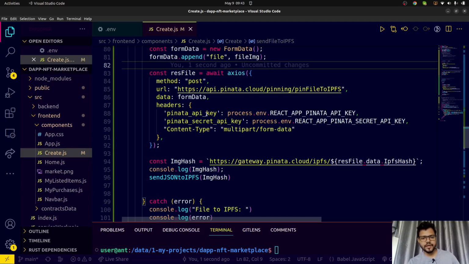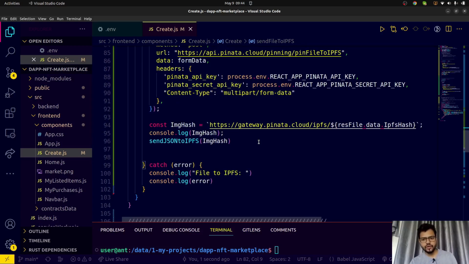we're going to use the Pinata API key, which I have shown in the environment file. So this is going to be fetched from the environment, process dot env, the React app Pinata API key. This is going to fetch the secret key, and the content type is multipart form data. This is the information the Pinata API needs to verify that the caller or the user is the right, authentic user, and then this is going to upload